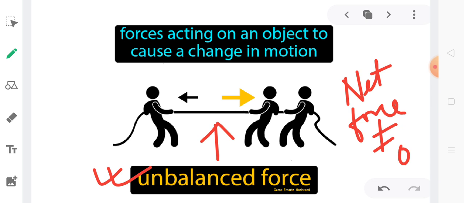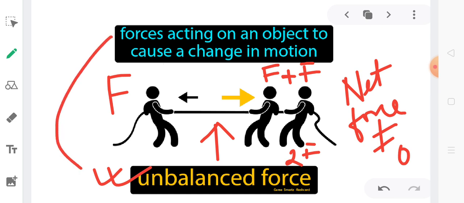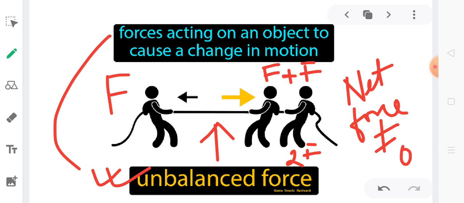If I consider that equal forces are being applied, so in one direction if one person is applying force F, in the other direction each one of them is applying force F, so in one direction the force becomes 2F, isn't it? Because there are two people, so the total force is 2F in one direction and in the other direction it is F, so there is an unbalance. And obviously this unbalance will result in a change in the state of the object. It will cause a change in motion.